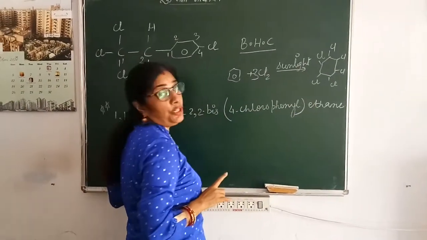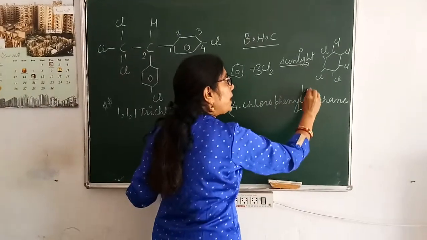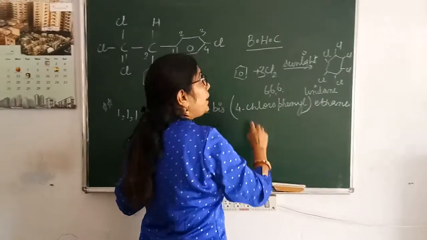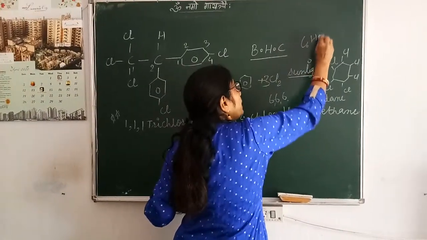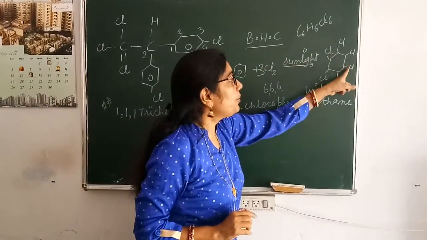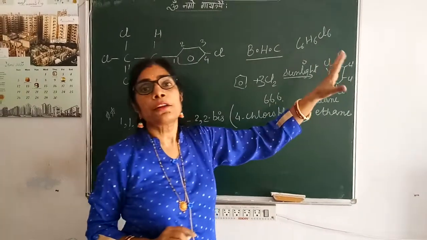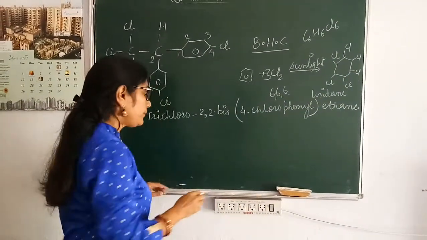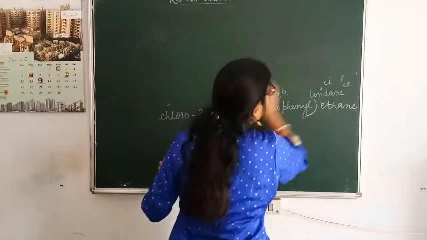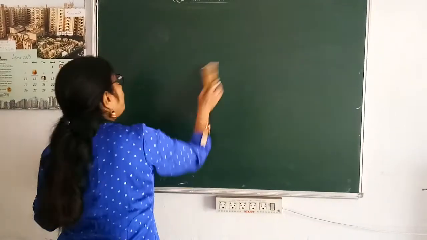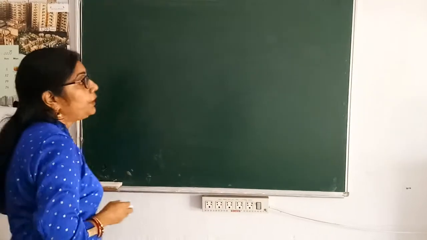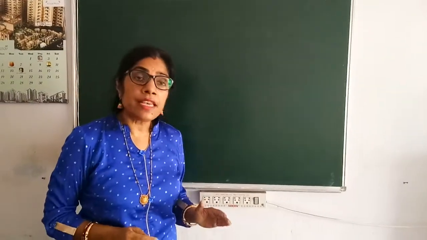For killing ants we use gammexane, and its commercial names are Lindane and 666, because carbon 6, hydrogen 6 and chlorine 6, and the IUPAC name will be 1, 2, 3, 4, 5, 6-hexachlorocyclohexane. So these are the polyhalogenated compounds and you have to prepare their names, their IUPAC names and the uses of these polyhalogenated compounds. So today we have completed this lesson.